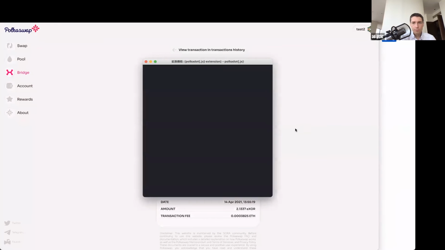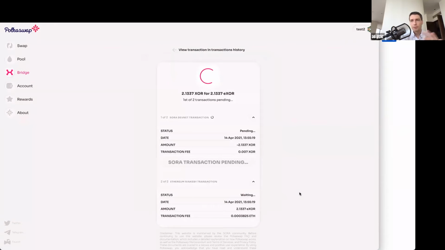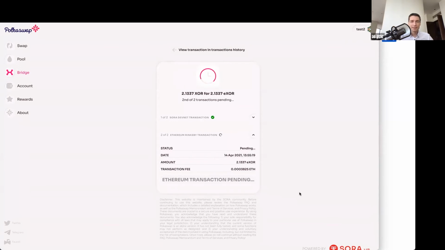And then it asks you first to sign the transaction on the SORA network. And once it's confirmed on the SORA network, then you'll be asked to submit the cryptographic proof into Ethereum. So you have to sign another transaction for the Ethereum network. With Ethereum gas fees, it's not super cheap, but that's life. And I think we can also deploy this to other EVM-based networks that are a little bit cheaper. So right now it's generating the cryptographic proof of my SORA network transaction.